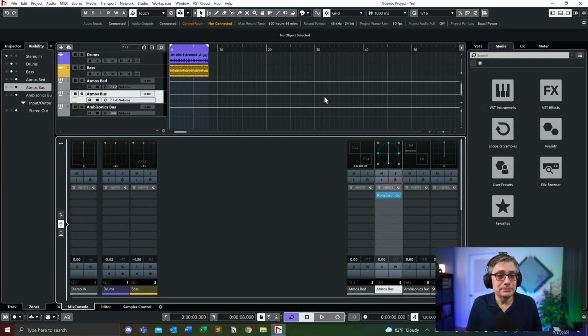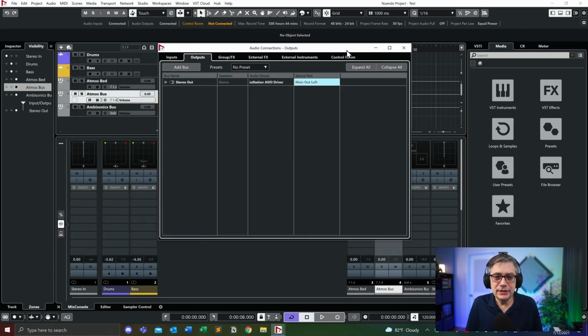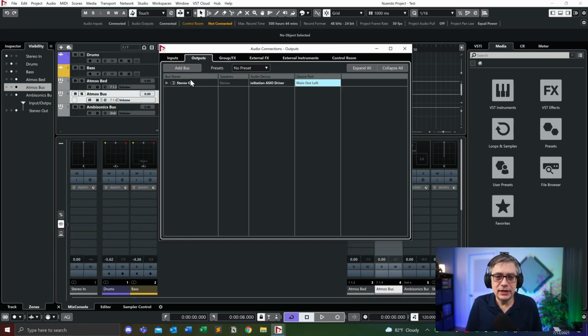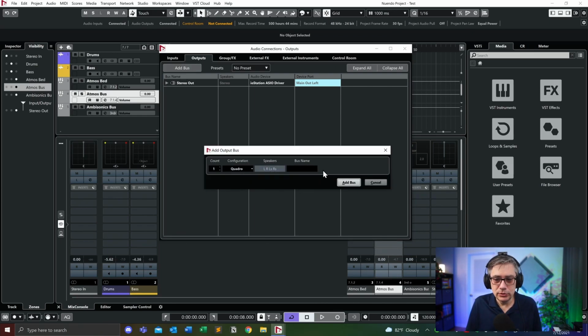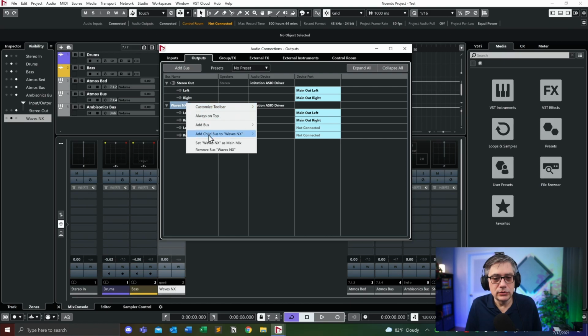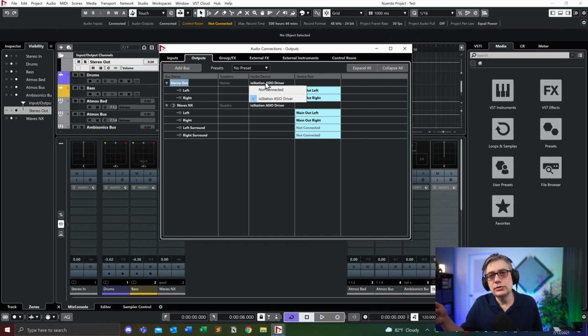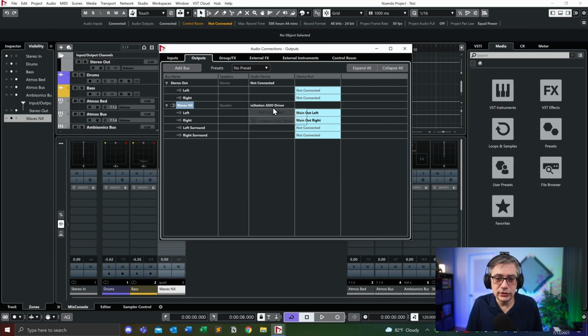So how do we do that? Well, we're going to go into the studio settings and into the audio connections. In the audio connections, I'm going to add an additional output, and the output is going to be a quadraphonic output. Let's call that WaveSynX. So that's going to be the WaveSynX output. And we are going to turn that into our main mix. Then we are going to disconnect, because we want to use the control room feature, the audio interface,